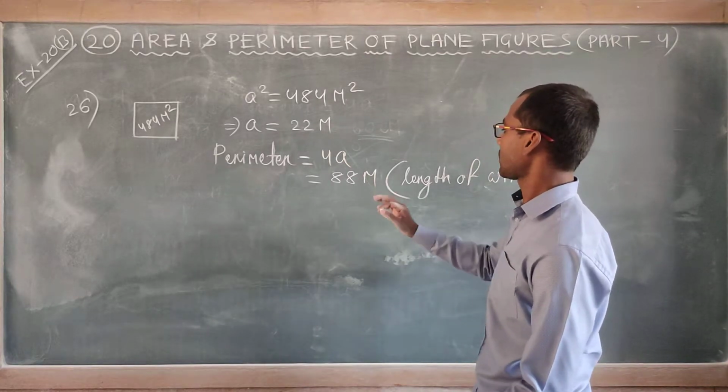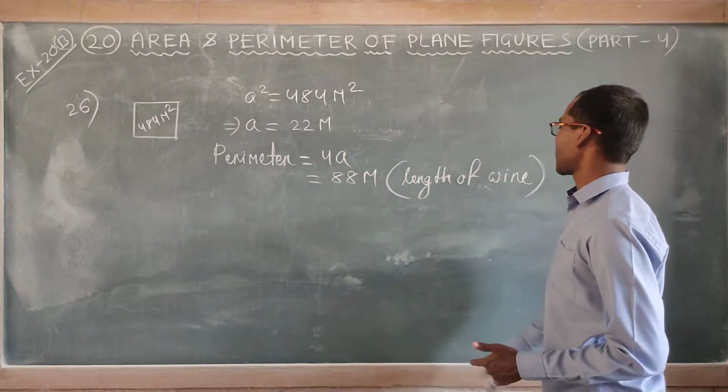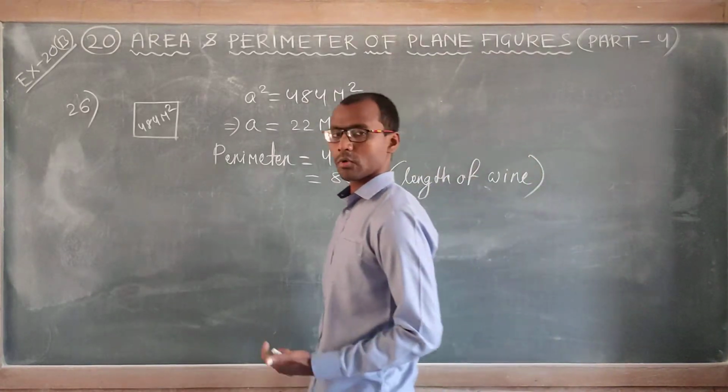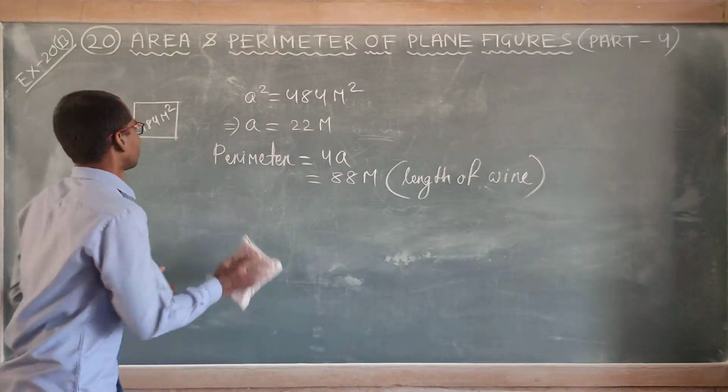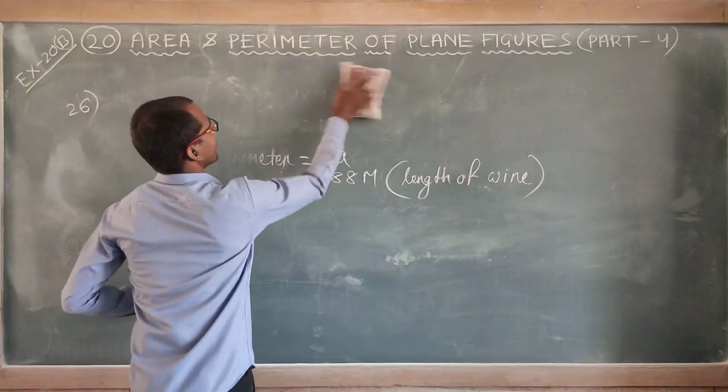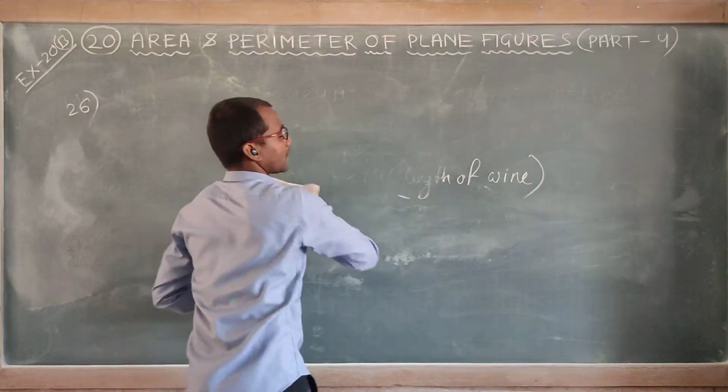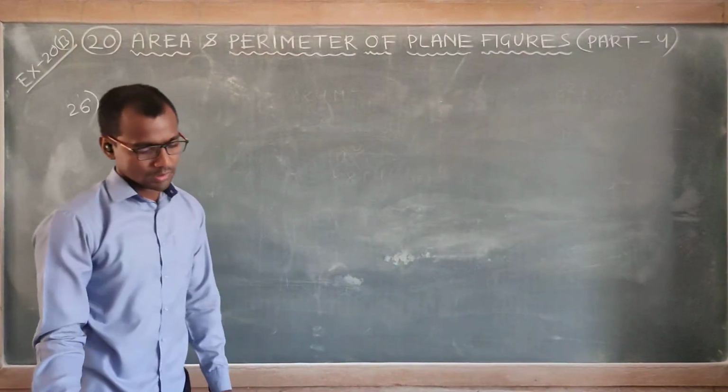Ready. Okay, perimeter is 88 meter. Also, this is the length of the wire. So, successfully we got the length of the wire. Now, you can find anything. Now, let us make the first bit 88 meter. Remember the value 88 meter. Okay. First bit,